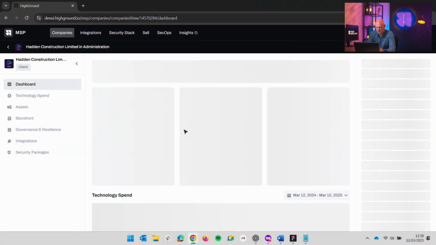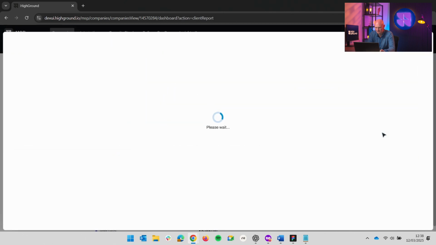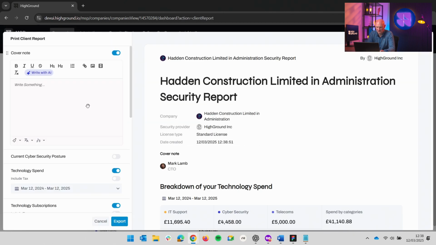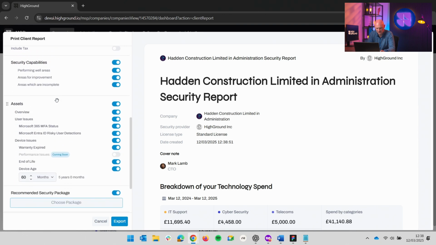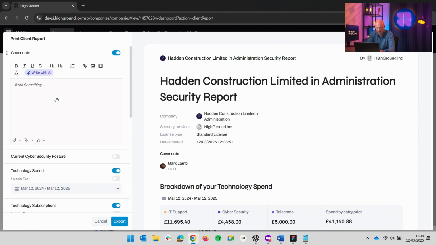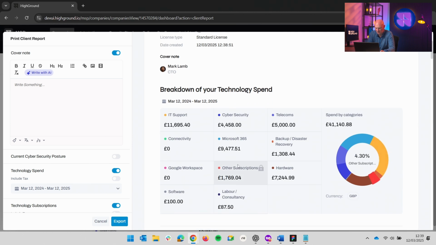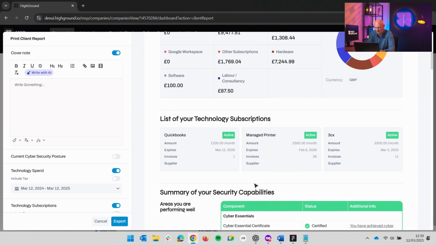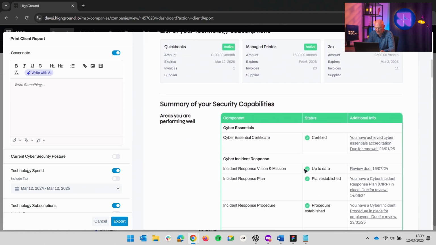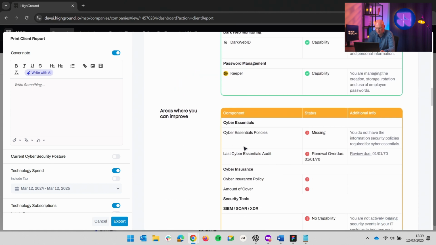Up here on the client dashboard, we'll click on Print Client Report. And you'll see over here that we have an extensive number of different data points that we can include and not include. Everything from writing a cover note to a breakdown of their complete technology spend, to subscriptions that they already have with other providers, summarising where they're doing well in their security, areas where they need to improve and why,